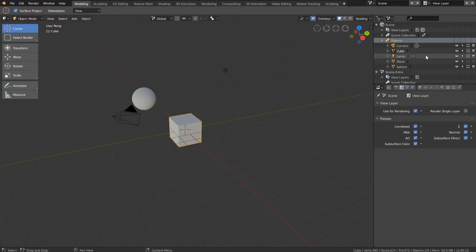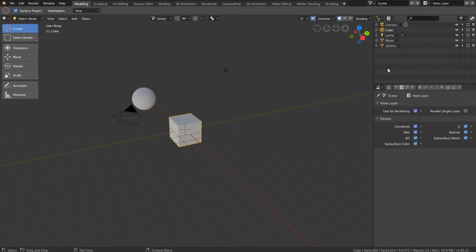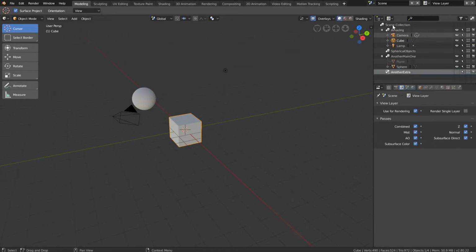This is a little bit reminiscent of the original way that Blender is working. We also have a filter up here, which is going to allow us to do some more filtering of what we actually see in here. So if we just turn off collections, that might clean up what you want to look at in your outliner. All right, so let's switch collections back on, and we'll try and tie this together